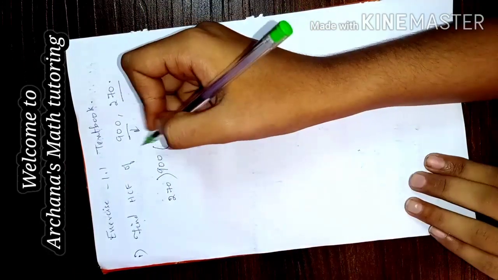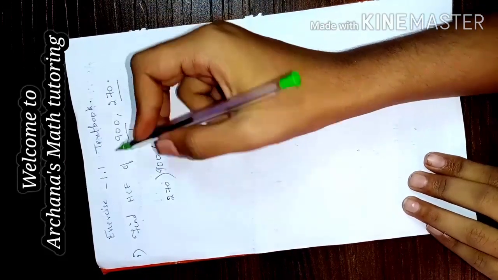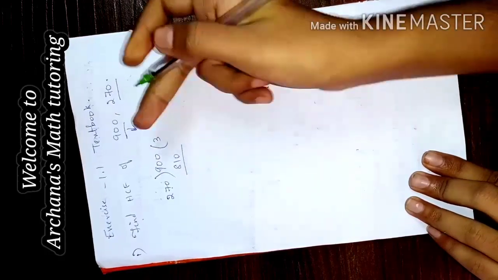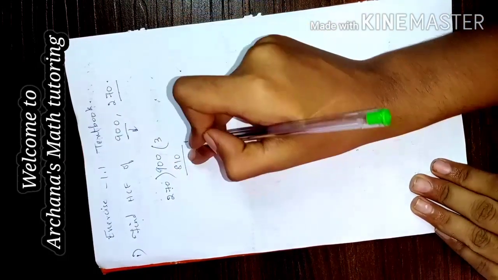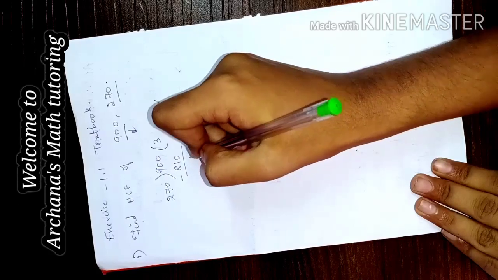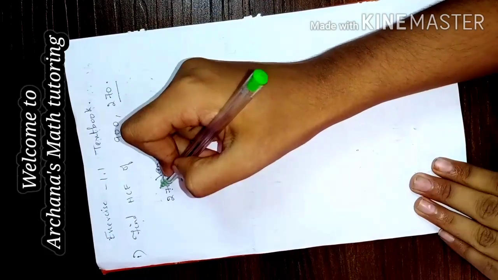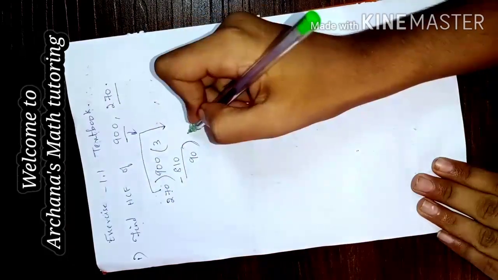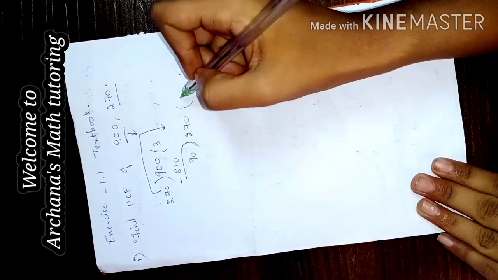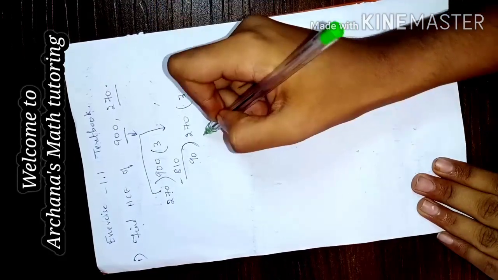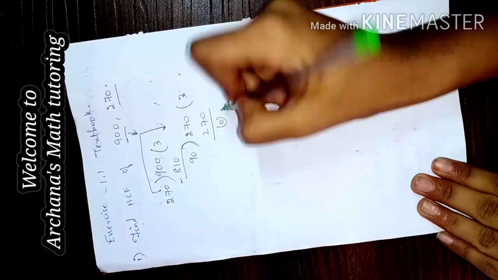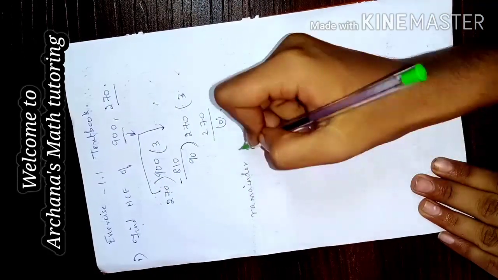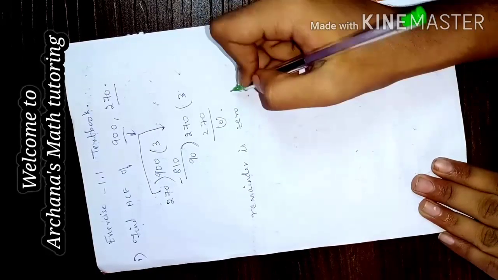Now we should be finding the quotient. 270, 3s are 810. You can do this by multiplying 270 into 3, you will get 810. After subtracting, you will be getting 90. Now 90 would be the dividend and 270 will become the divisor. 90, 3s are 270. Now we got the remainder 0. So whenever we get remainder 0, we can stop the problem.